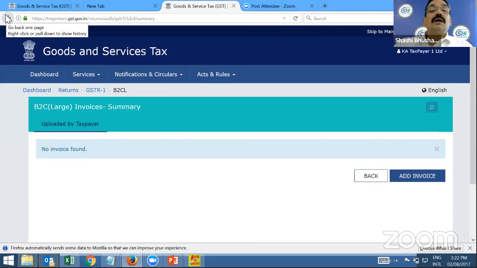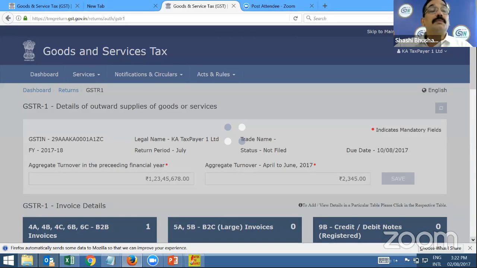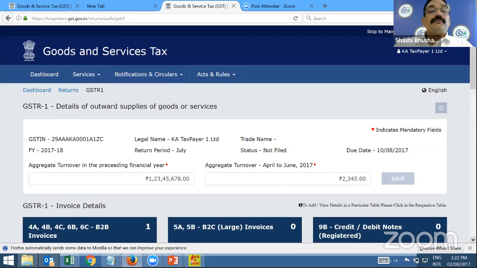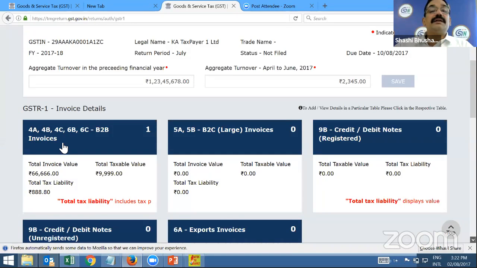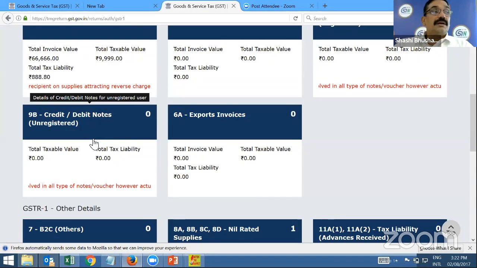Now, if you see in the other section, you can see B2C large invoices, no invoices were uploaded. And if you go to the credit debit notes, again, no invoices were uploaded. Similarly, you have credit debit notes for unregistered. For you to not make any error, you should always enter the credit debit note